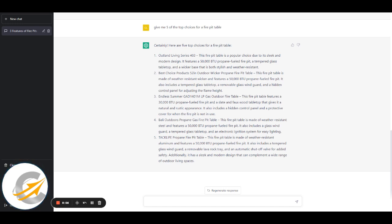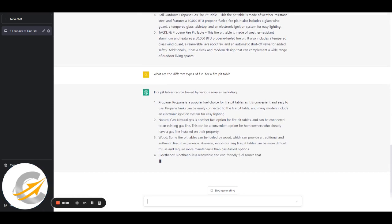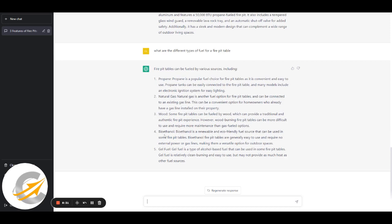The other things that you could try with AI are things like, here we go. What are the different types of fuel for a fire pit table? And we're getting more information. So you've got propane, natural gas, wood, bioethanol, I think that's right, ethanol, and gel fuel. And you could segment the site on these areas and get easy rankings. So what we've done here is we've taken a fairly big niche, a large niche that would be hard to rank for. We've gone in on an area,